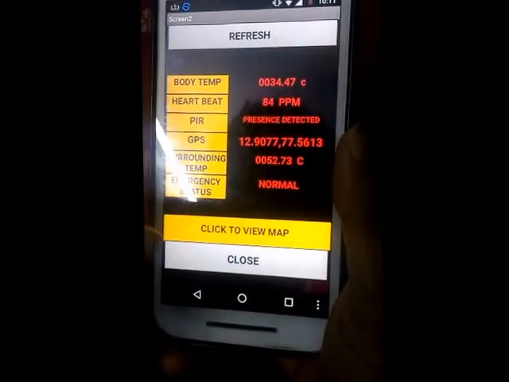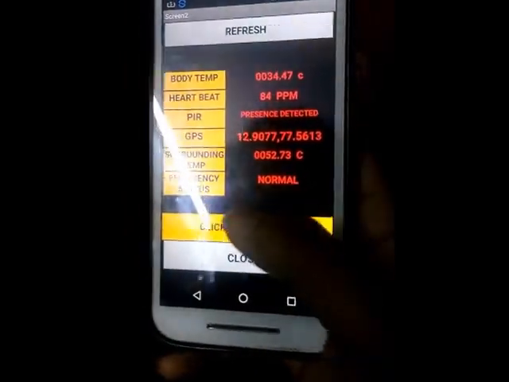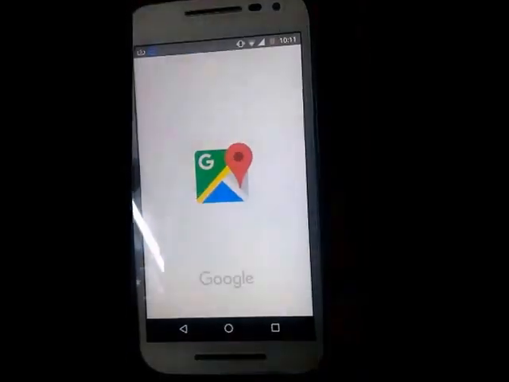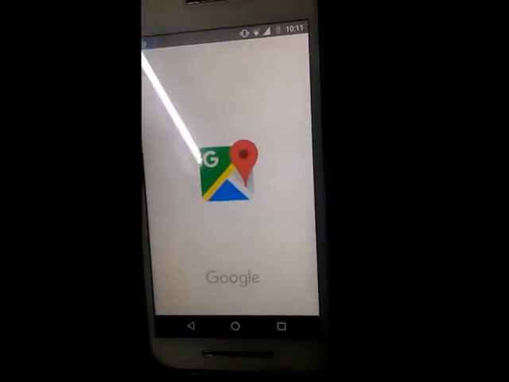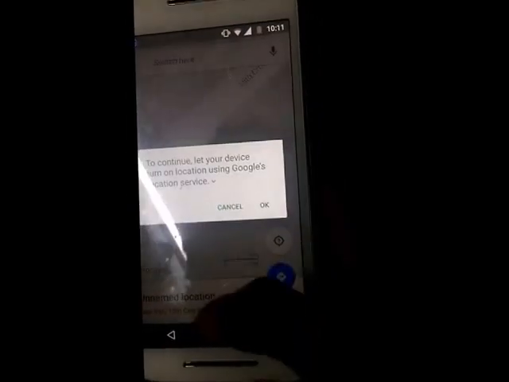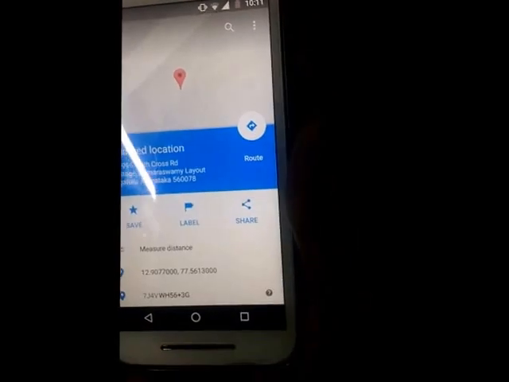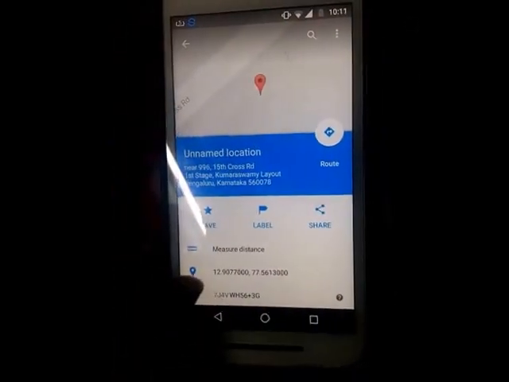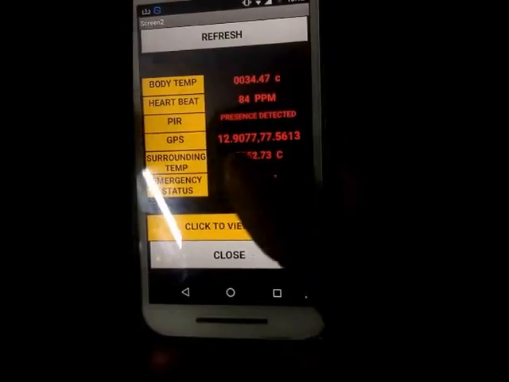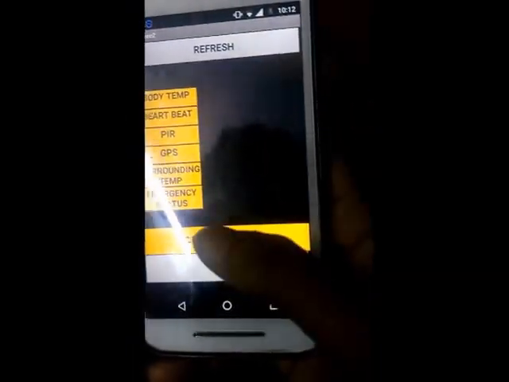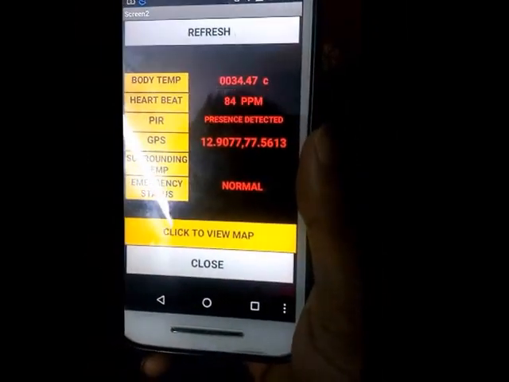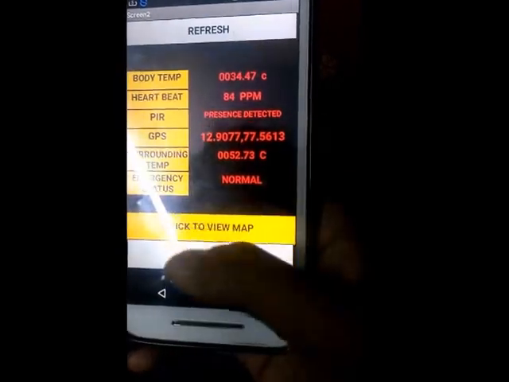Now there's this feature also to view this particular location in Google Maps. For example, here, if you click this button, it should show the current location where we are at. So this is the current location address. We can see here clearly with the latitude and the longitude mentioned. And you have the option of going back as well. This is the option of refreshing, and again, if you want to get the new values, you just have to shake the phone and all your values have been recorded again.